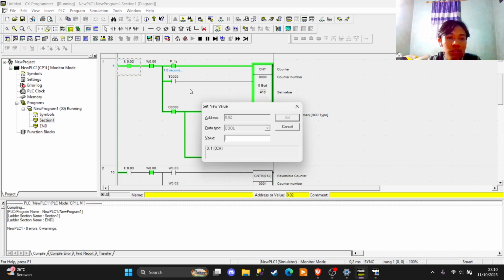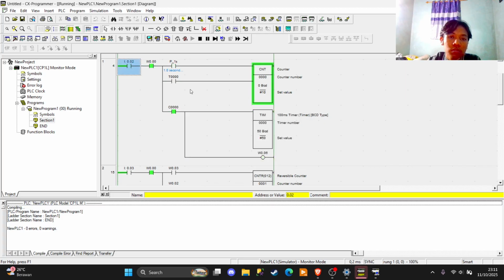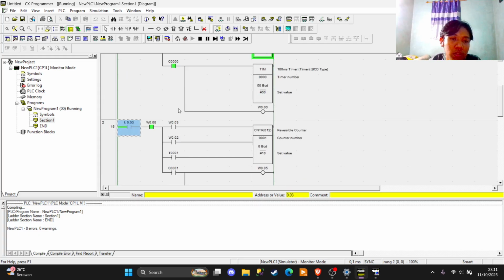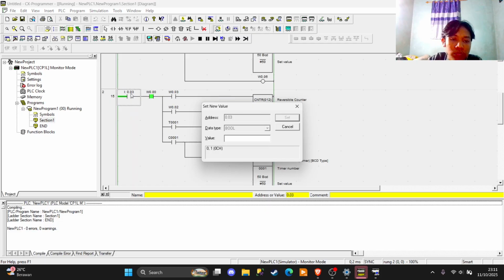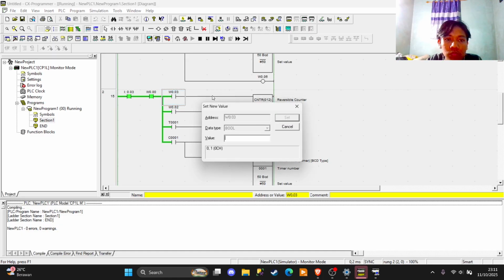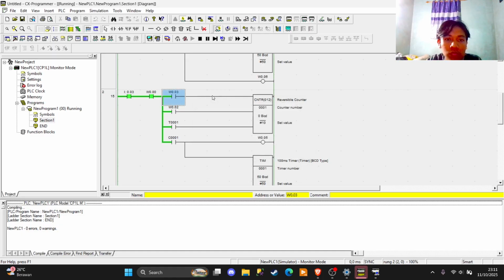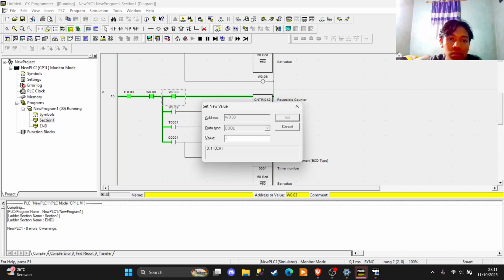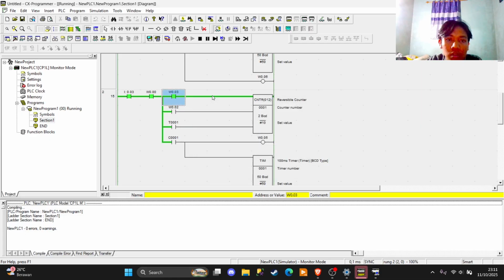Now after that we gonna push another button, which I approve. And then zero again, second, and then one again, and then zero again.